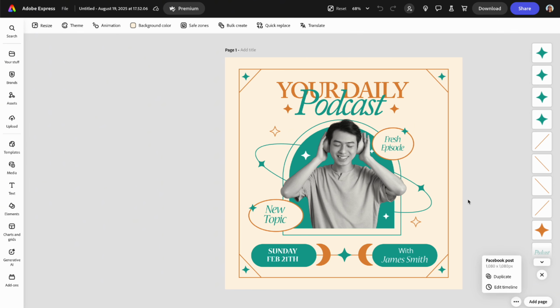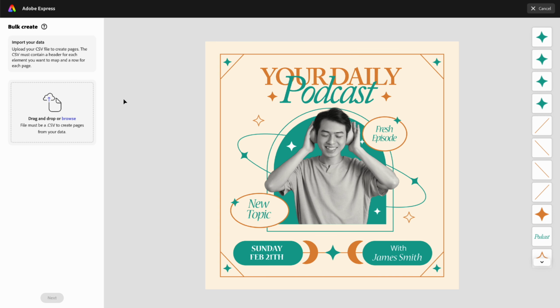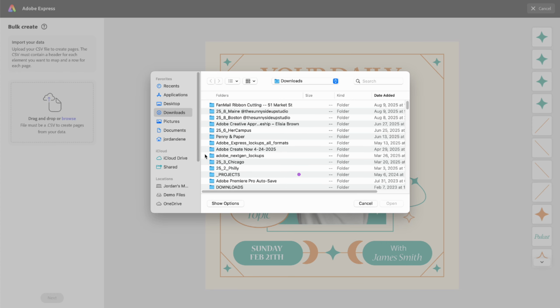and then just make all of those edits manually. But especially if you're doing a lot of different versions at once, I like using this bulk create. So here I can upload a CSV file, which is basically like an Excel export with different columns that have all the information I need, and they will automatically import into the designs for me. So I will browse